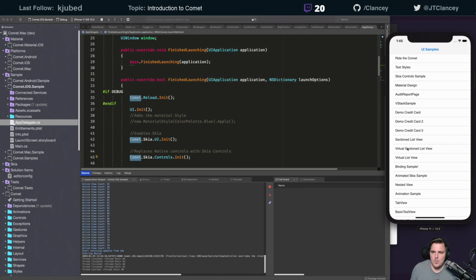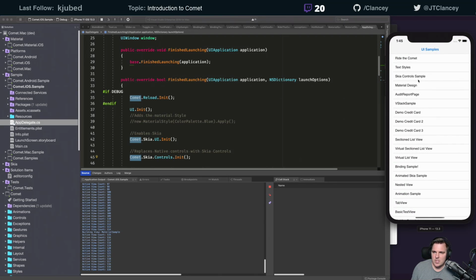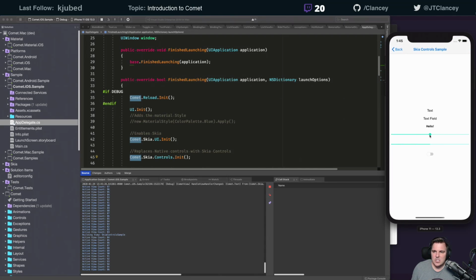All right, so now if I go back into that material, you'll notice these buttons actually look better and they're fancier and they're animated. Yeah, these buttons are cool. And these are Skia drawn buttons. Now I can opt in. Right now I told it to do everything as Skia, but I can choose just to do certain controls as Skia, not everything,